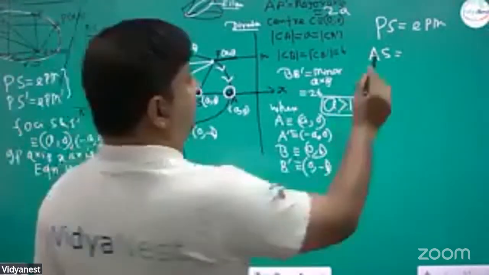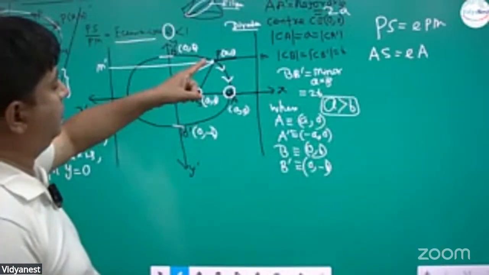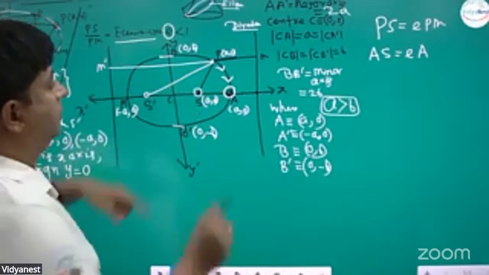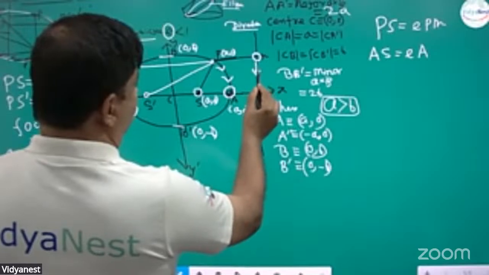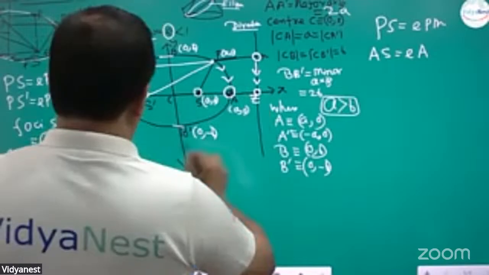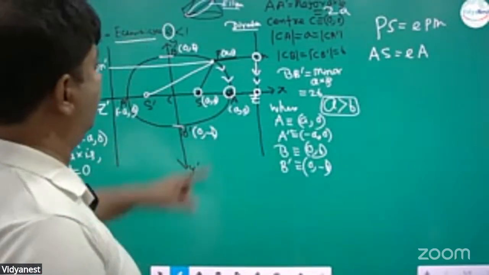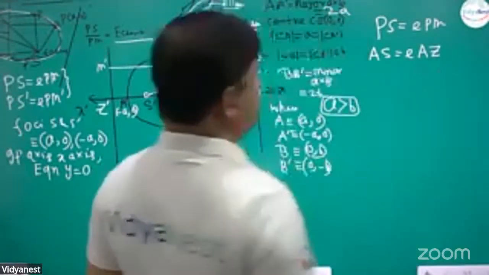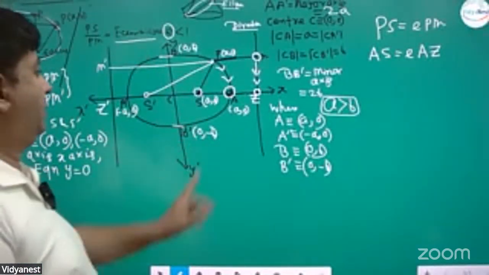Instead of P, A. If P falls down and meets A, then M will come down in this direction, and I label this point Z, and this is Z dash. So M has become Z. So AS is equal to e AZ, and